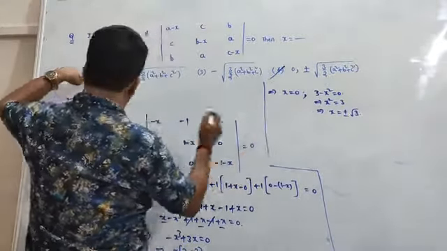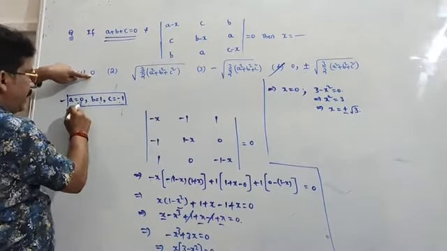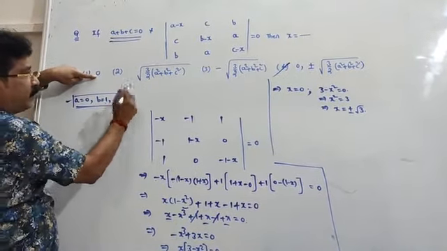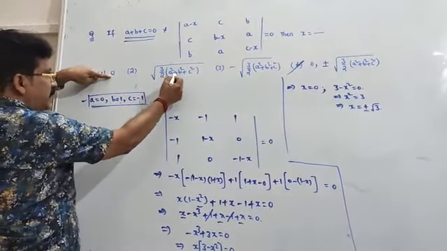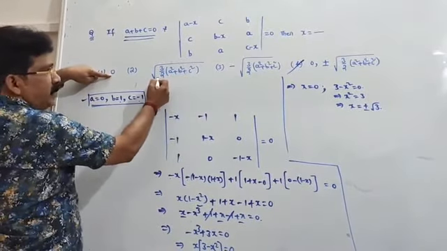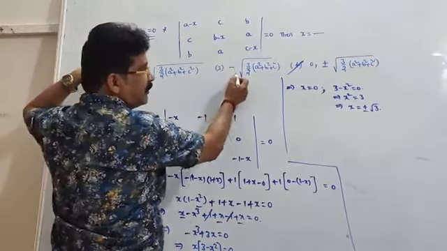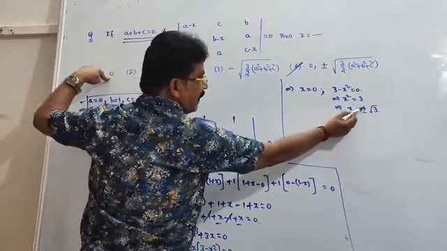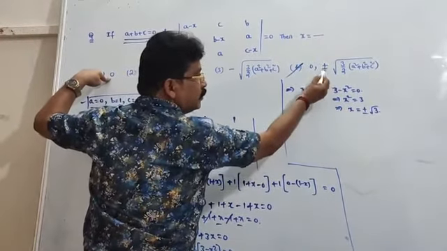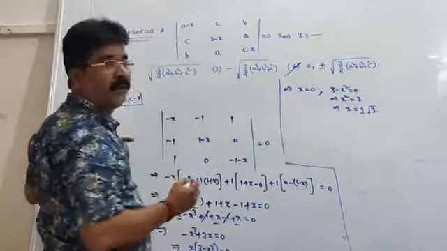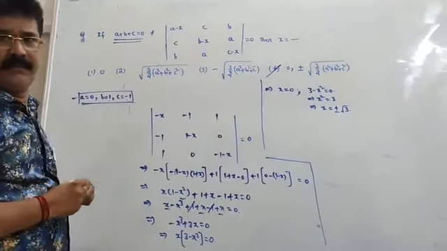Next, by putting a equal to 0, b equal to 1, c equal to minus 1, what will be the roots? 0, and root 3 plus root 3 cancel. This is minus root 3. But we are having plus or minus, two roots are there. So two roots are in the fourth option. Therefore, hence the fourth option is right.